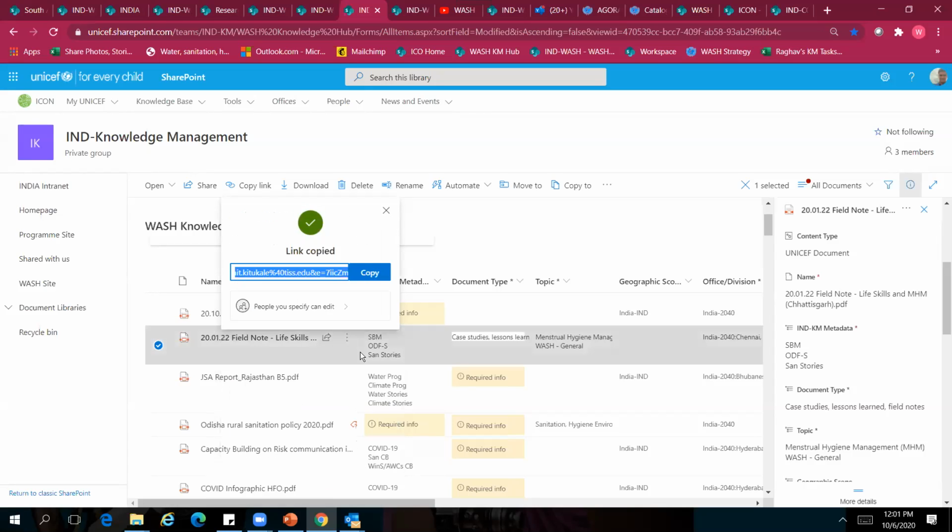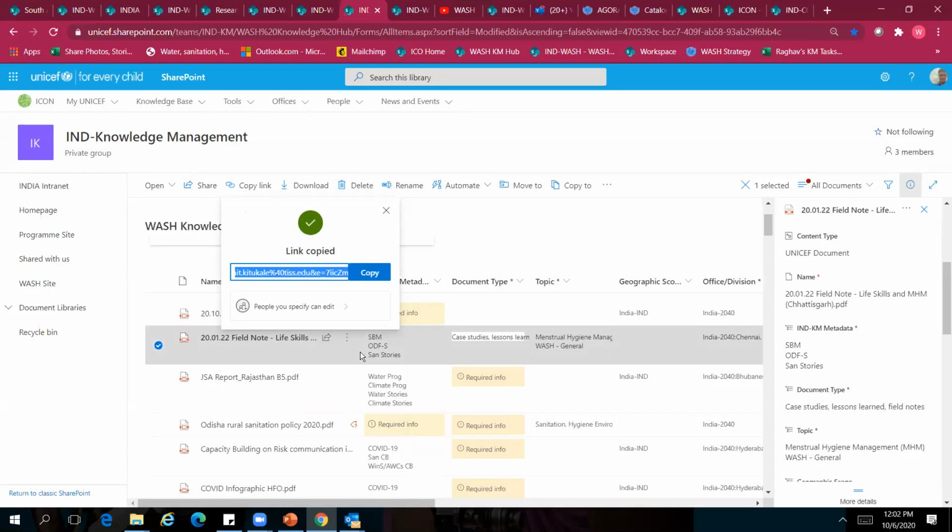Now, once I want to share this product, I go to Outlook, paste this link, and send it to him. Please note that when you share documents with external parties, with external entities, you need to specify their email IDs. You can't send this product to 500 subscribers, to 500 external people altogether. No, you cannot send. You need to specify each and every email ID of the person that you want to